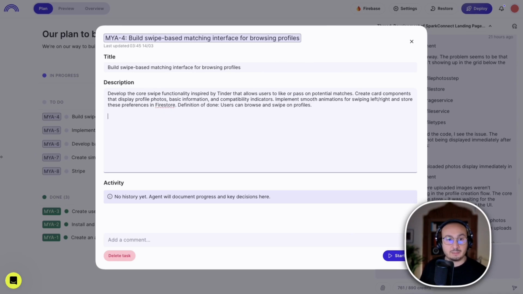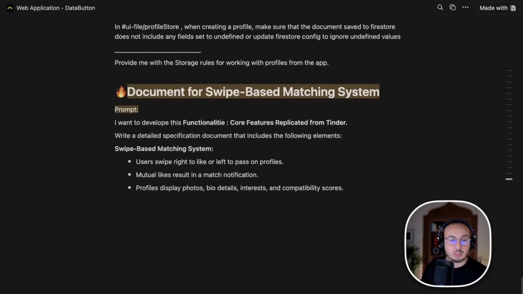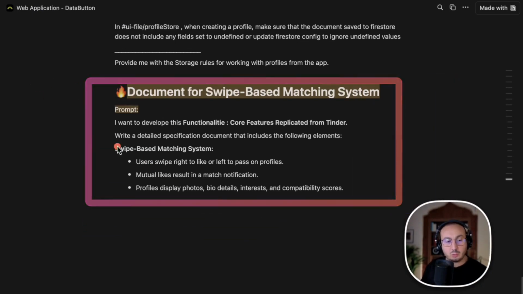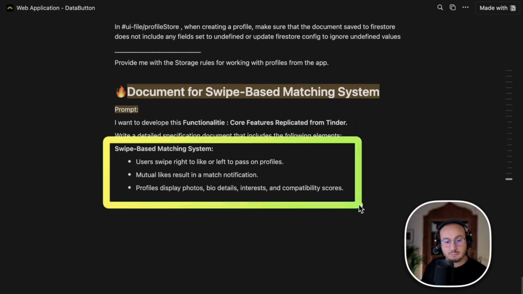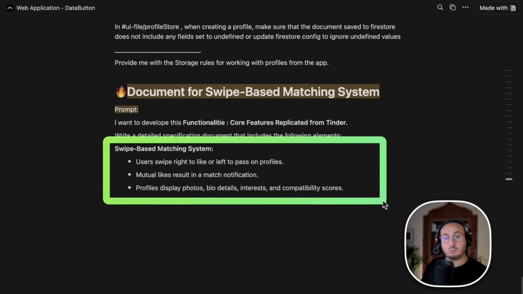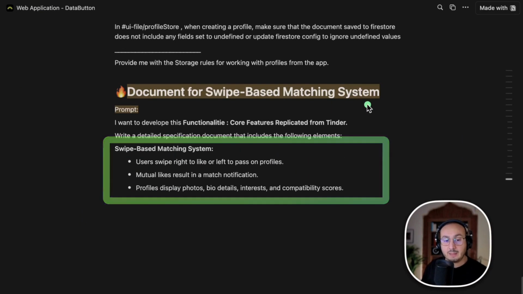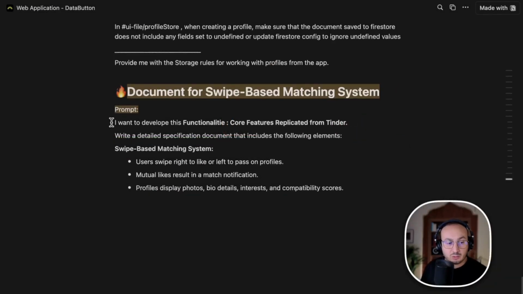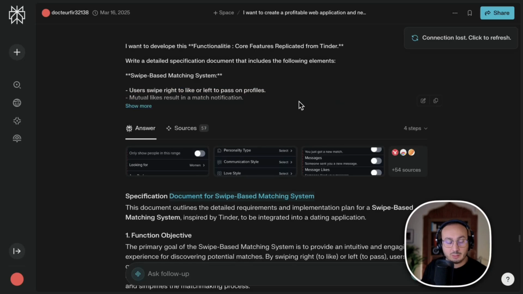That's why I'm simply going to create a prompt. Here, it's a prompt that I have prepared. This prompt is where I will request further development of the system of scrolling through profiles. I thought, listen, we actually want to base it on the Tinder system. So this prompt, we are going to launch it here on Perplexity. And of course, I put it on Perplexity and I launch it